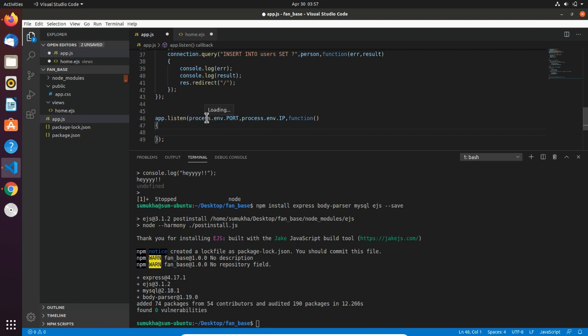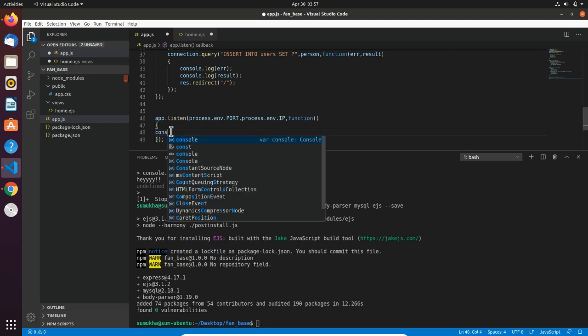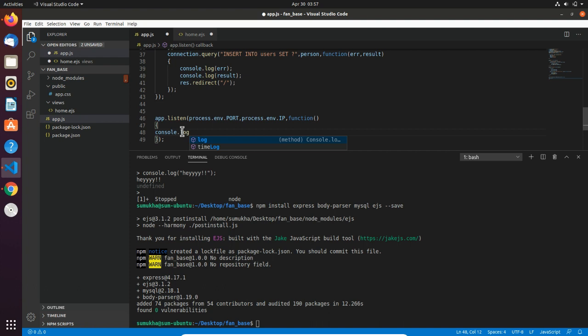In which port you want your web page to run? For that we specify port is equal to 3000. So you have to type this code for that. And I'll again console.log here. I'll just give app server is running. To avoid confusion, I'll give this as fanbase app.